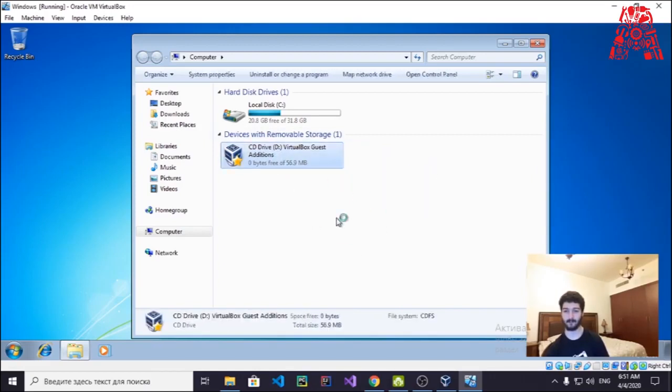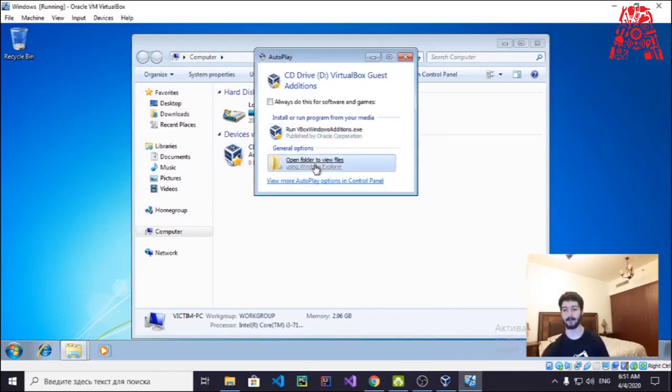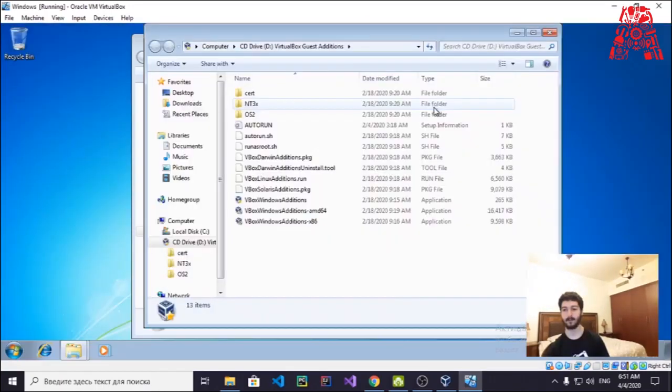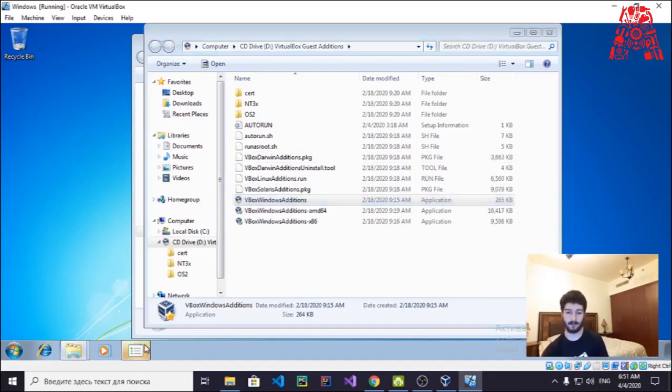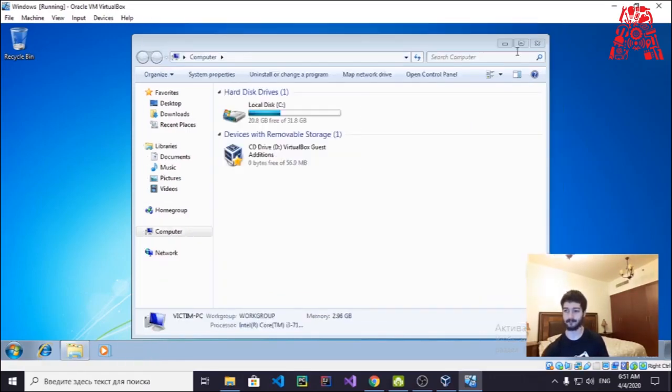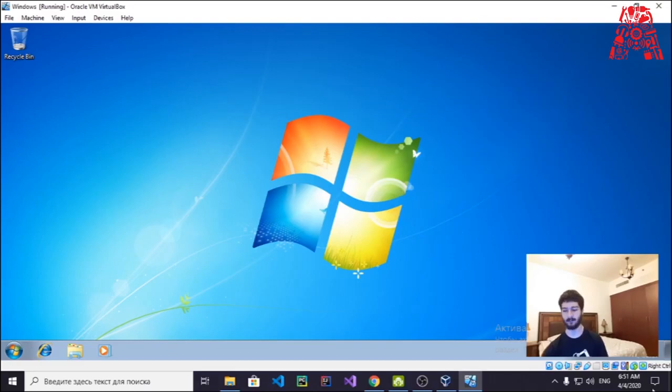Yeah, takes some time. Yeah, open folder to view files, and you will just install the VirtualBox Windows additions. You'll just click next, and whatever it says, you will just allow it. And after the installation is done, it will ask you to reboot your device, your virtual machine. And as soon as you reboot, it will start to work properly. So yeah, I wanted to add that extra, in case you face a performance issue. So for now, let's close our